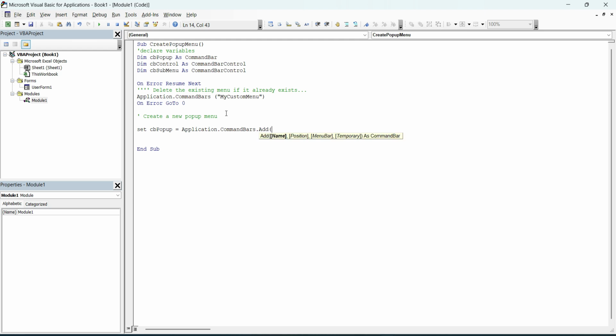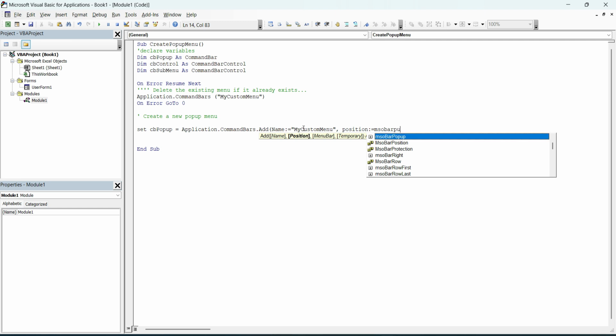Okay, we are going to add the property name, that is the context menu name. So name colon equal to my custom menu. We can copy it from here. Okay, and next we are just going to give a position of MSO bar pop-up. You can press control space also to get it. This indicates the pop-up menu.